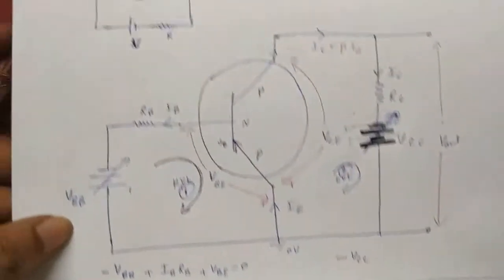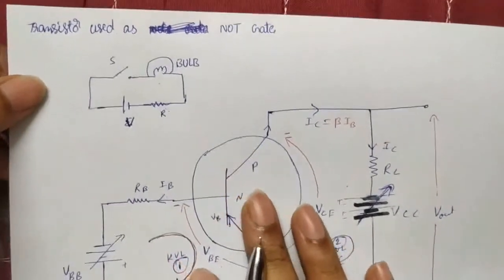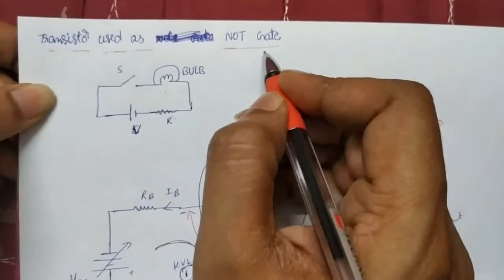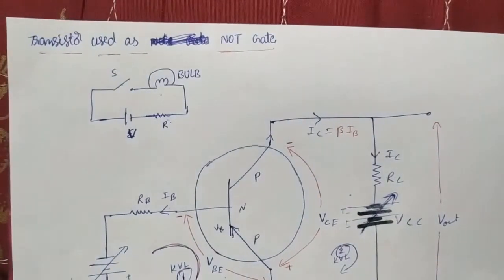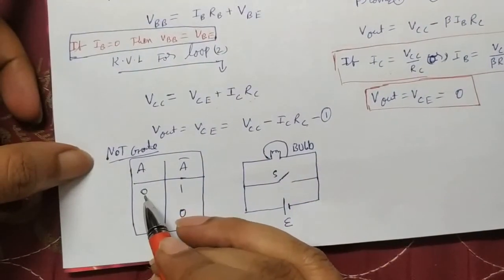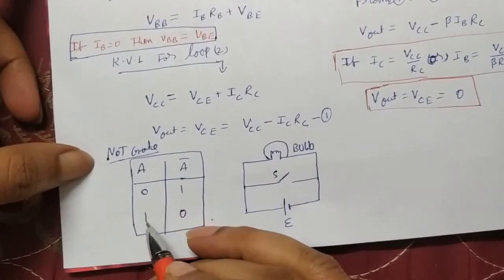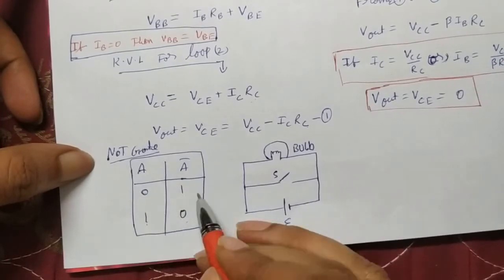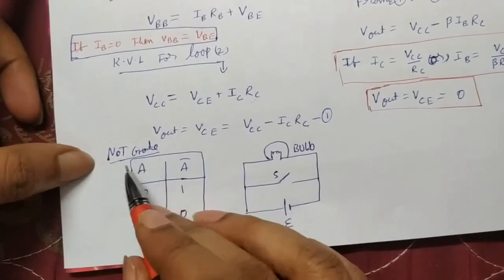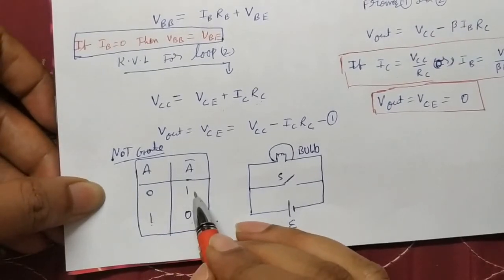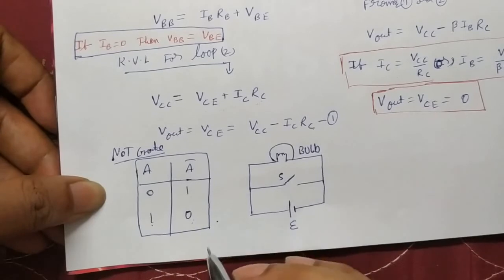And this circuit only we can use as a NOT gate. Some logic gates are there, like OR and NAND, and one of the gates is the NOT gate. What is a NOT gate doing in electrical circuits? Suppose if you are applying any power input, the outside power is 0. If you are not applying any power, outside we are getting power, the reverse. So that's why they call it a NOT gate. Suppose you can think like this: if it is false, the output we are getting is true. If it is true, the output we are getting is false.